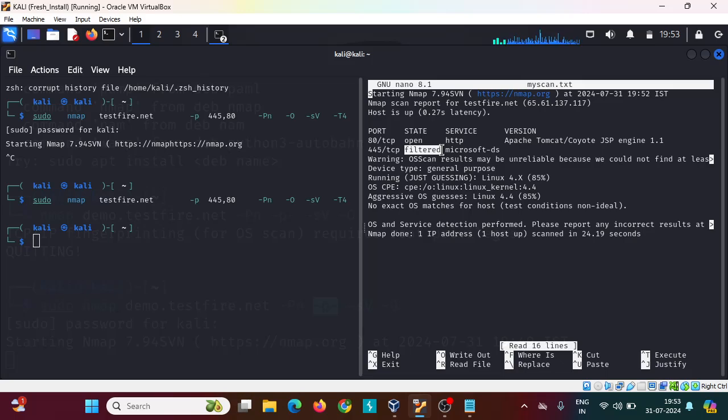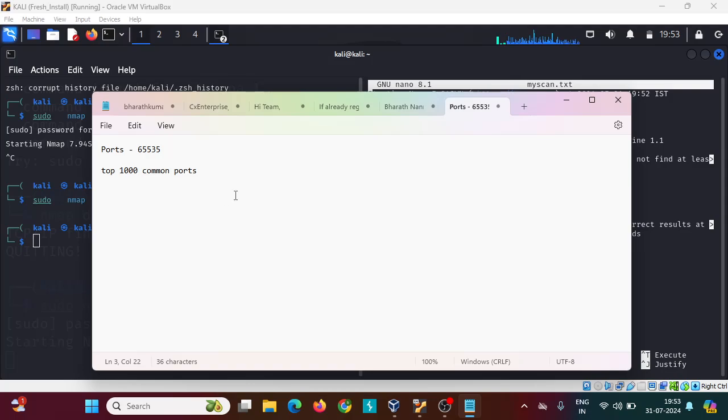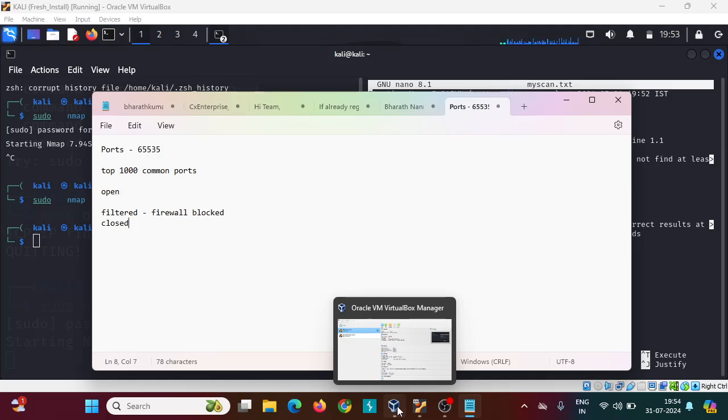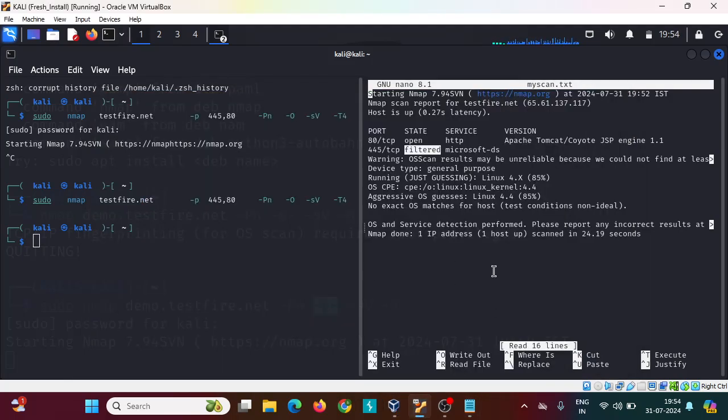So basically in nmap scans we will find some sort of port states. One is open, so open means it is open. Another is filtered, which means some firewall has blocked the scan. If some firewall has blocked during the scan, we'll say filtered. And closed means a normally closed port. This is basically about nmap, and apart from this, we will also be using some scripts